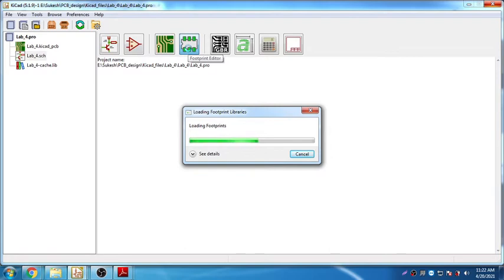For the footprint you need to refer to the data sheet, that's very important. So whenever you find any component, just look at the data sheet, go to somewhere in the mechanical description of the component. So what the physical dimensions of the component are, what is the pitch width of the component leads, all the dimensions you need to see and decide your own footprint.